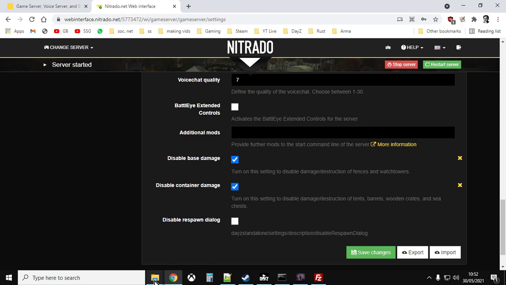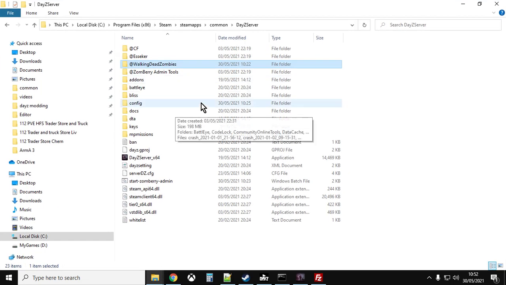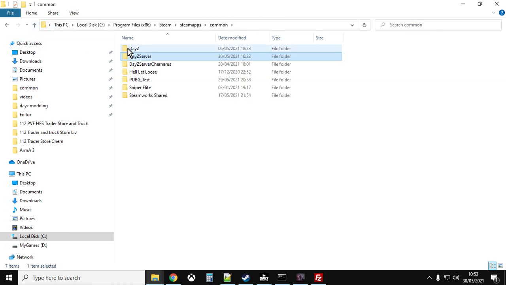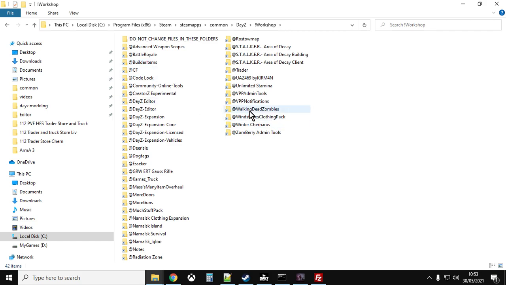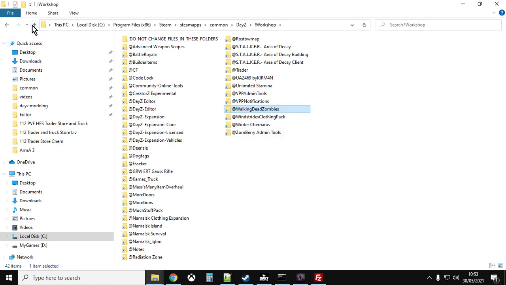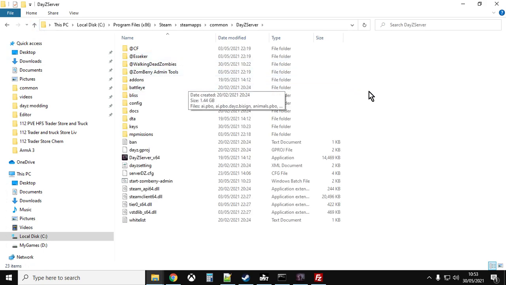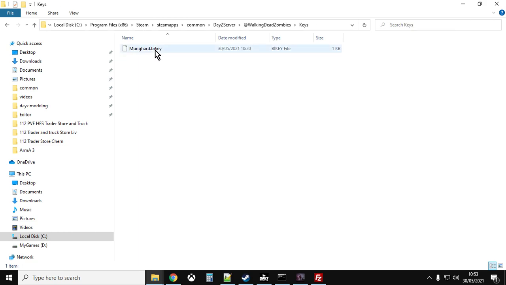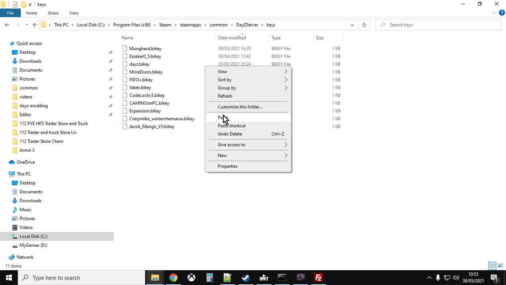If you wanted to install it on your local server, again, it's pretty easy. All you do is go to DayZ, go into the workshop, copy the Walking Dead Zombies like that, go to your DayZ server on your local PC, right click, paste there. See, I've already done it, so this is Walking Dead Zombies. Go into the keys, copy the Munghard.by key, go into the keys folder on your local server, paste it in there,